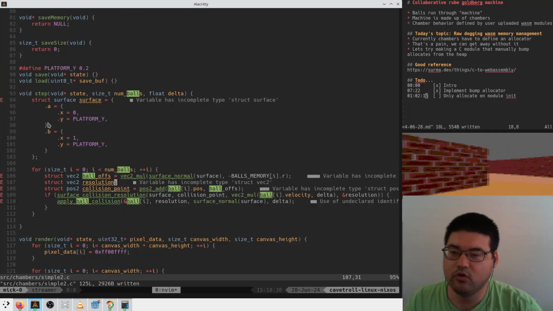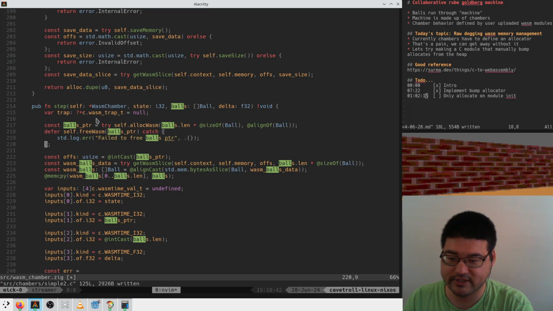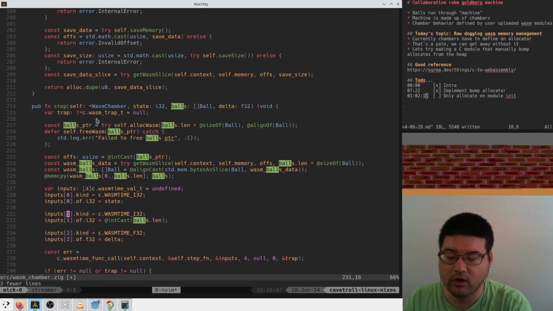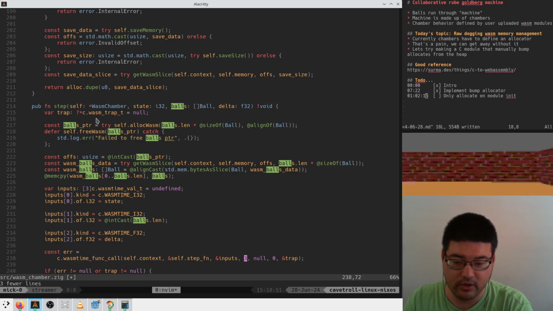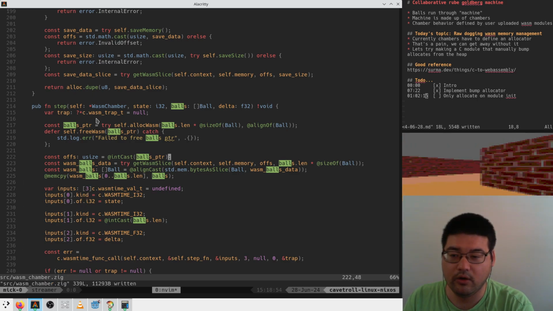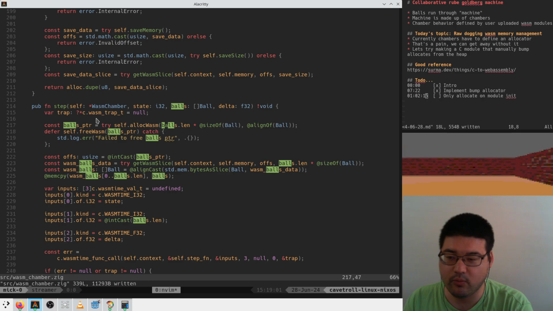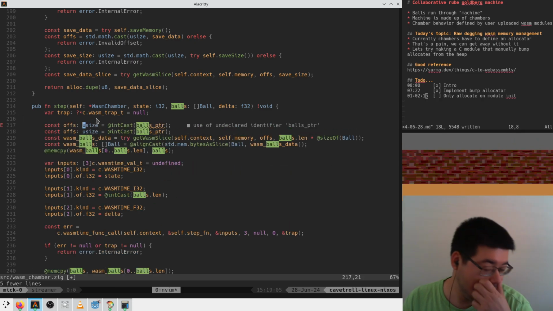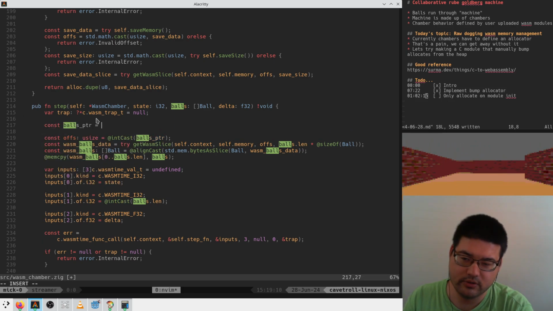Okay. Cool. Then our step function now just takes out this balls pointer. It becomes an input of 3 arguments instead of 4, which means that this 4 turns into a 3. We don't call alloc WASM anymore. But we still do need to get the balls pointer, which means that we have const balls pointer is equal to